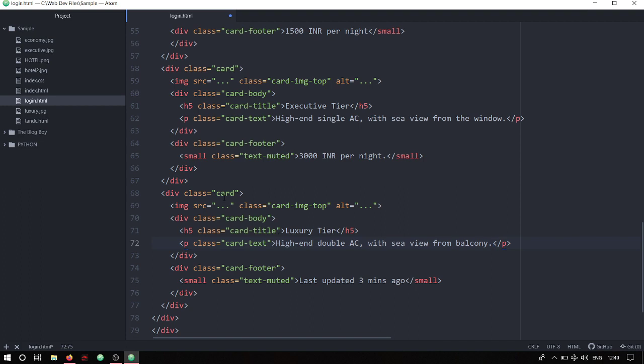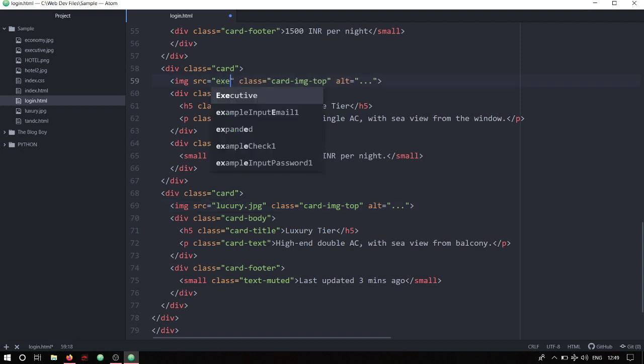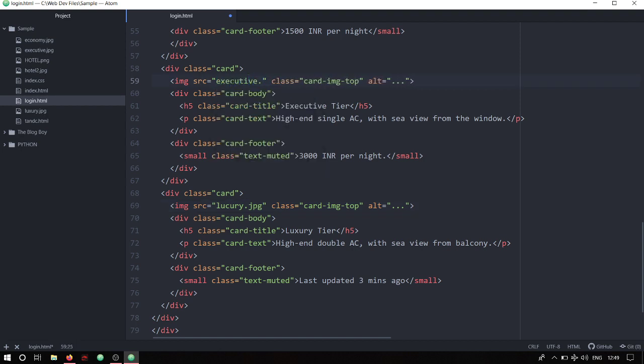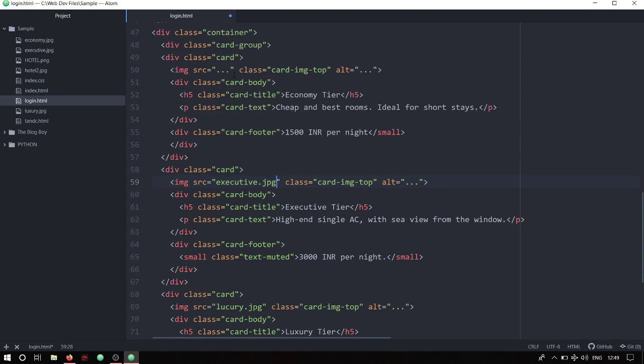And now we're going to give the image sources, which I have downloaded. So this was luxury.jpg, this one was executive.jpg, and make sure your downloaded images are in the same folder